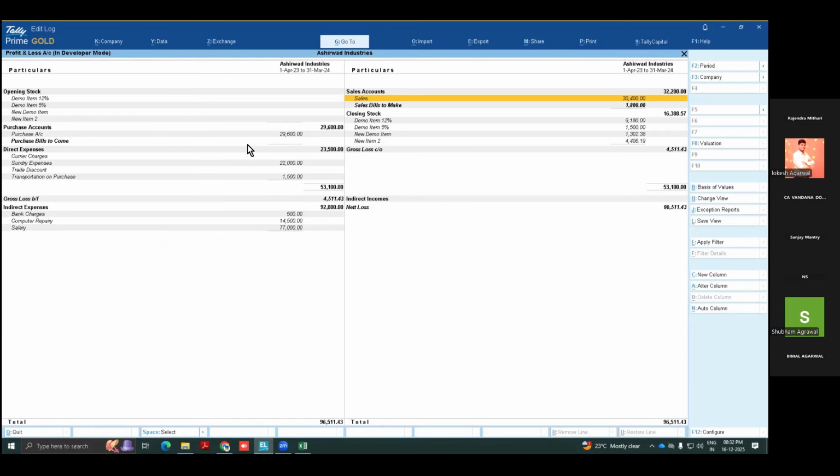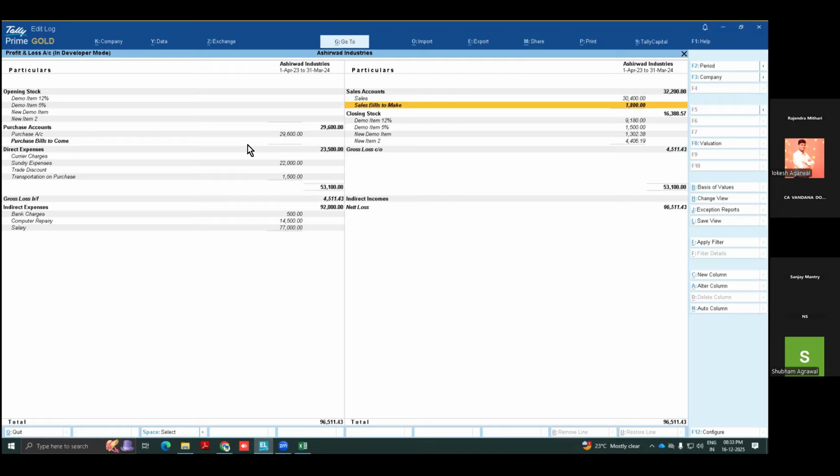And you can see here sales also there, and sales bill to make also there, which is in bold by default. It means my revenue of material which is delivered to the customer, but the invoice is not passed, commercial invoice we are saying, if the commercial invoice is not made, Tally will keep showing like this. So people normally come to Tally support teams saying that I want to remove this. Why should I remove this? This is leakage of your income.